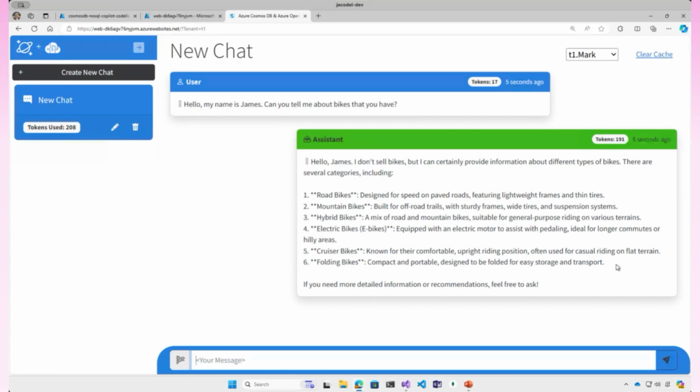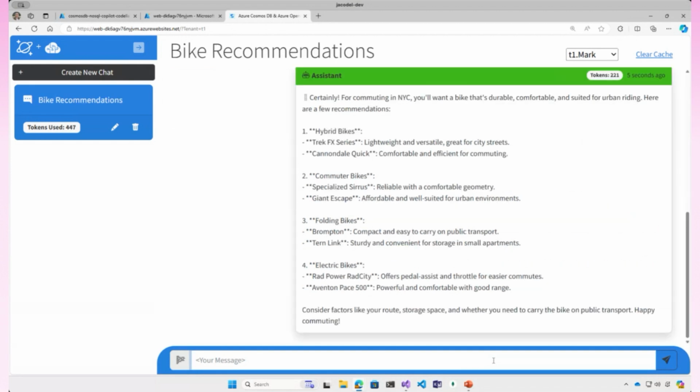So then maybe I can say, I live in New York City. Can you recommend some bikes that might be good for my commute? And let's see what it comes up with. Cool. And it says, certainly, for commuting in New York City, you want a bike that's durable, right? And so it recommends some bikes, and it's able to understand that I live in a city and I want